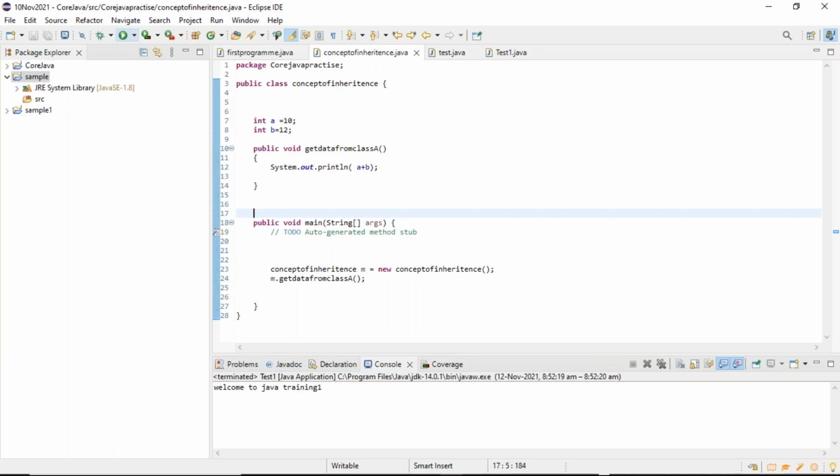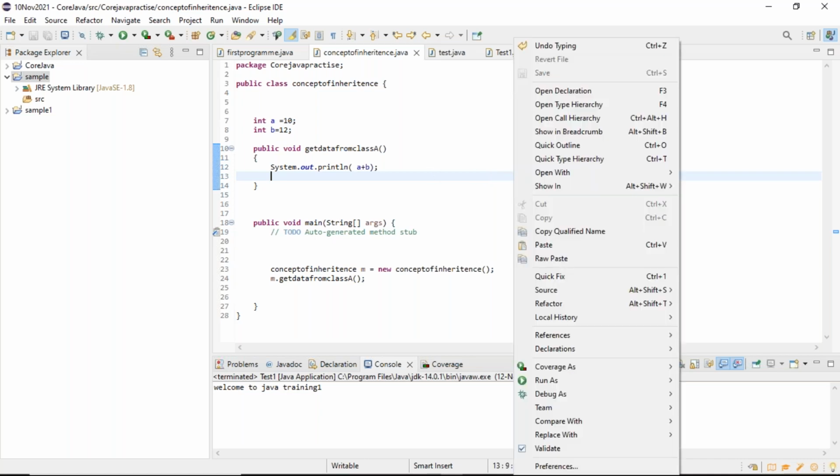You do one thing, sir. Right click on this program. Right click. One minute, it is taking time to respond. The operating system is slow. Go to the debug options, whatever is there. Do right click. The system is slow to respond. I think a lot of viruses are there in the system.